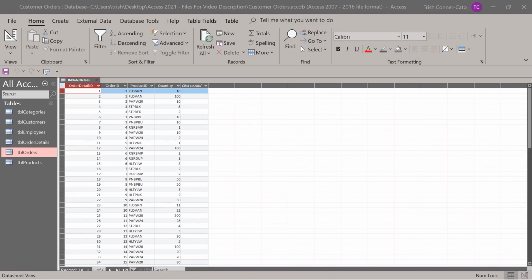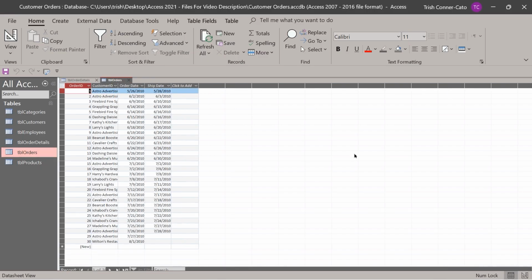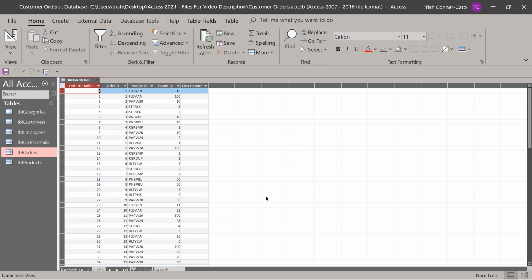Okay, so we have our order details table to review next. And I'm looking at it in Datasheet view. You don't have to do this, but I'm going to reopen the orders table. So the orders table just contains a unique identifier, the order ID. It has a reference to the customer, order date, and ship date, but it doesn't contain any detail information about the actual orders. So I'm going to close the orders table,